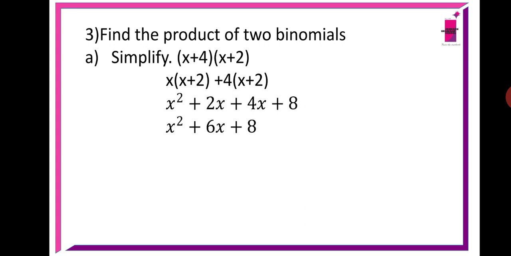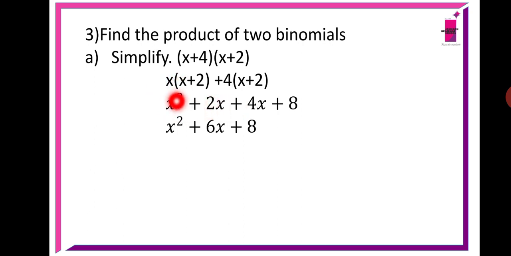So how to do a product of two binomials? First of all, we are going to take a look at x plus 4 and x minus 2. The first term, x, you should multiply with the total binomial, x minus 2. Now x into x minus 2, then the second term with the second binomial, 4 into x minus 2.